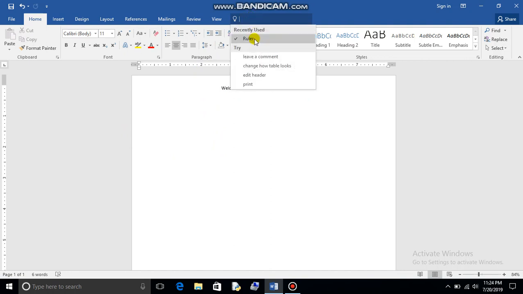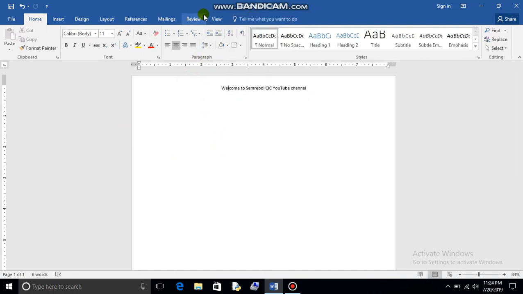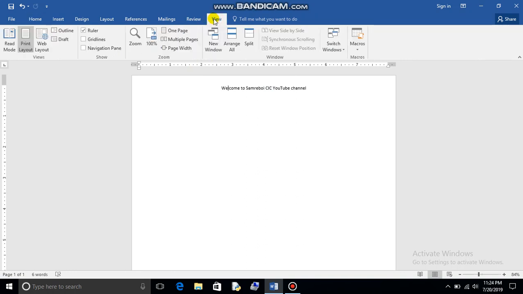To those who don't have the rulers over here, if you're using 2016, you can just type ruler and it will show over here, or you can go to view. Go to view here, then you go to the show group, then you see that